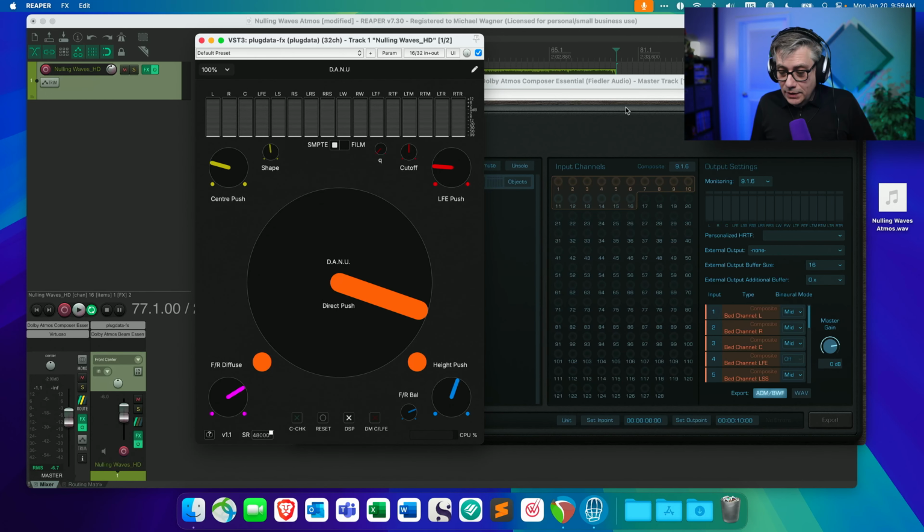So the last thing I'm going to do is export that into Dolby Atmos in order to create a Dolby Atmos master file. And then we're going to check if that Dolby Atmos master file is actually a correct Dolby Atmos master file. Now the export is really simple. All I need to do is tell the Dolby Atmos Composer where the audio starts and where it ends. And for that, I'm going to set the in points and the out points. Now the in point is already set to 0, so the audio starts at 0. And then I just need to tell the system where the audio ends.